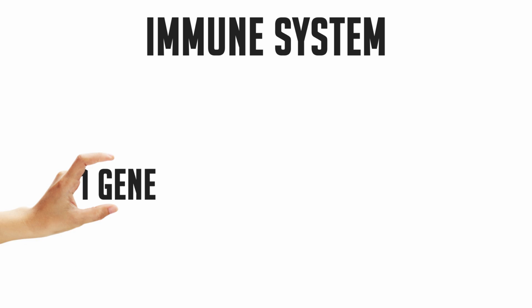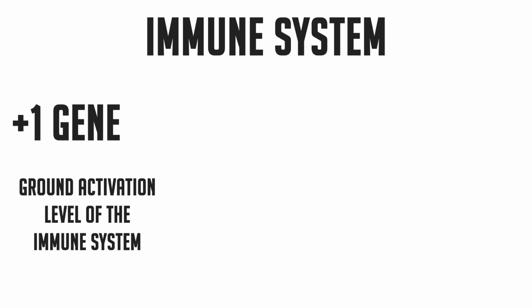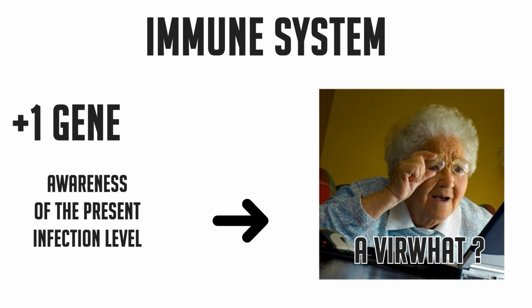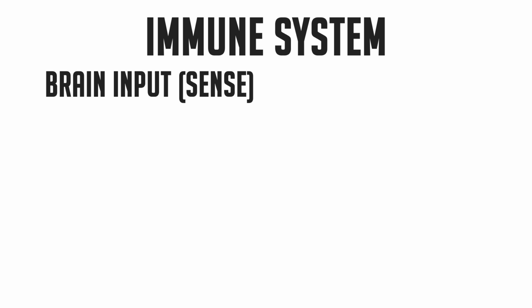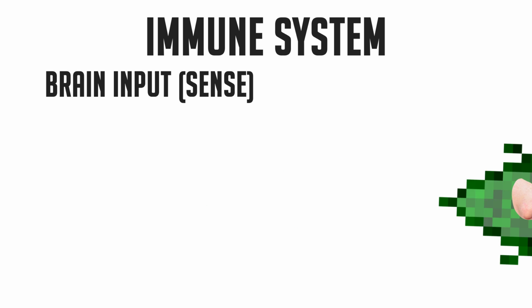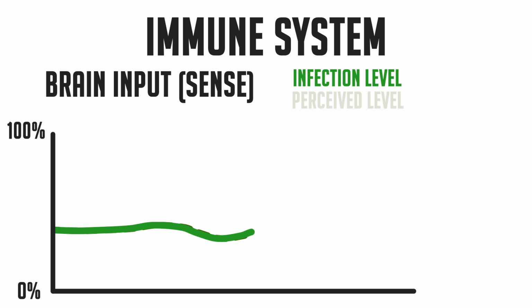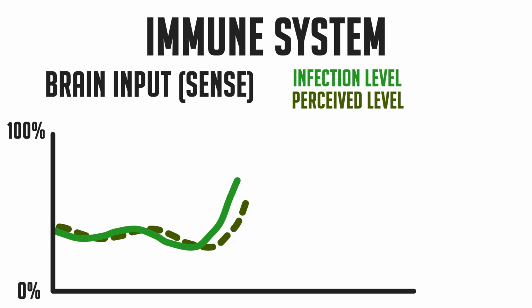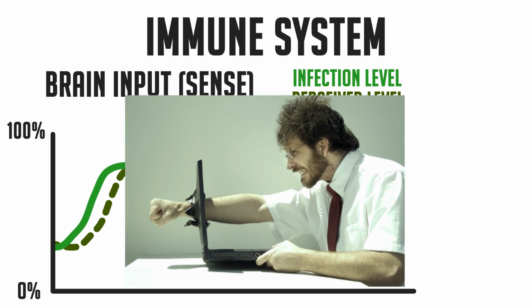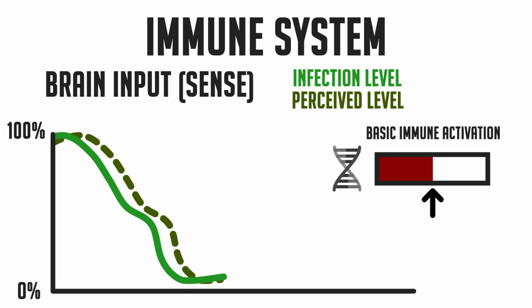Basically, that gene will determine the ground activation level of their immune system and how up-to-date they are about their current infection level. That's where their new input node comes in. They are now able to sense their infection level. And it works a little bit like this. Their perceived infection state is delayed in relation to reality to simulate a sort of lag in inertia. The actual lag is then decided by that previous gene,